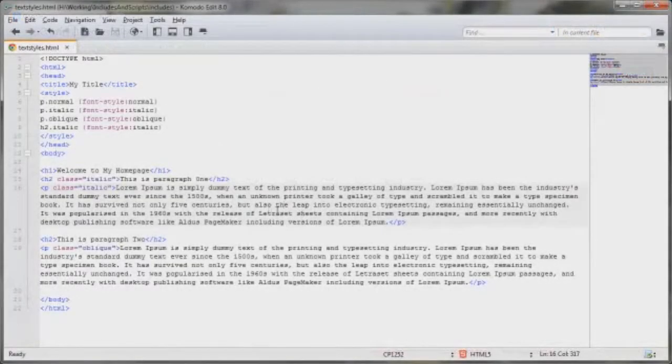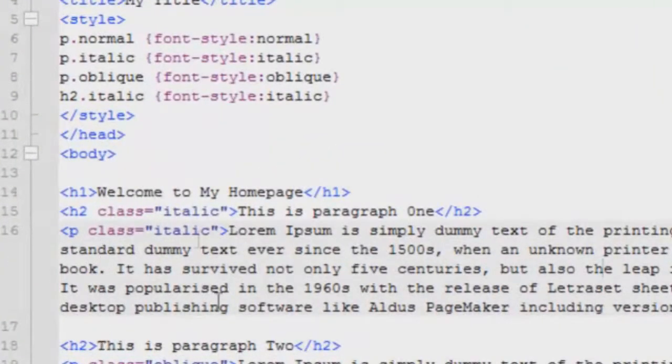Now, here in my editor, this is a Komodo editor, by the way. I've got my content down here in the body section, and I've already got some style set up here in the head section between the opening and the closing style tags. And I've got the styles already added down here in the content area. Like, for example, under H2, I'm using the h2.italic class, and it is going to be, you got it, styled